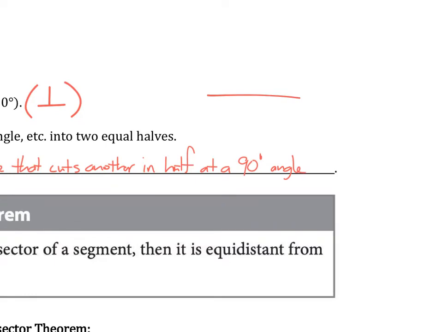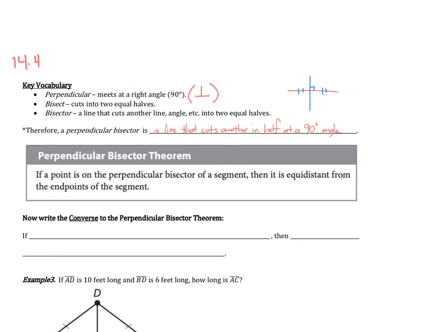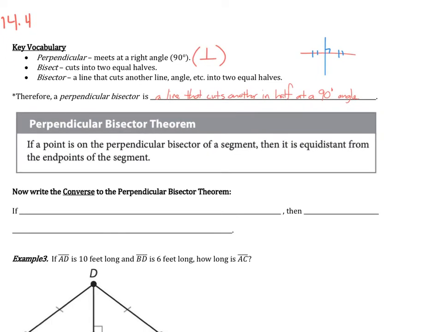Both of those sides are pretty darn close, but you can see that that's obviously not a 90-degree angle. And so a very specific line that meets at a 90-degree angle is called a perpendicular bisector if those sides are the same. Okay? So the perpendicular bisector theorem: if a point is on the perpendicular bisector of a segment,